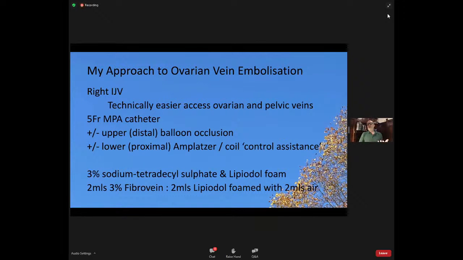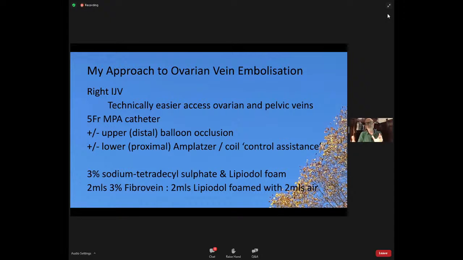So again, my approach, and I'm not saying this is the best or the most successful approach, but it's my approach. We find the right internal jugular vein technically easier to get in both ovarian and pelvic veins. We use a 5 French MPA catheter. We sometimes use balloon occlusion of the upper aspect of the ovarian vein, and we'll sometimes use coil and Amplatzer plugs to control